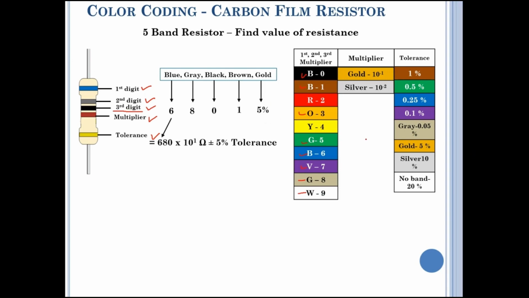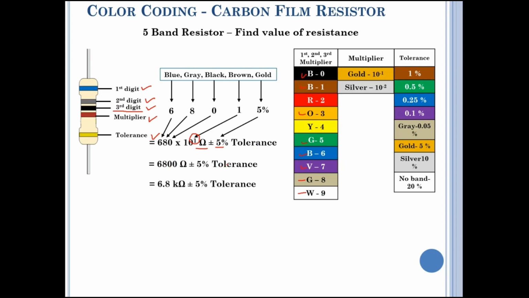First band code written as such, second as such, third as such. So in the 4-band we have taken only the first 2 digits. Now here we have to take the third band as a third digit and then the fourth band as a multiplier. So multiplied by 10 to the power 1. So this code is to be written as 10 to the power. And then the unit, have a habit of writing the unit, then plus minus 5% tolerance. So it will become